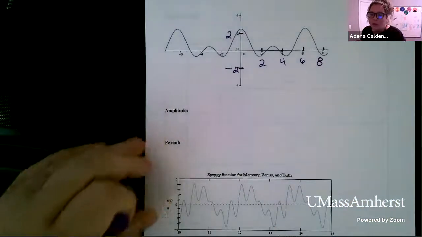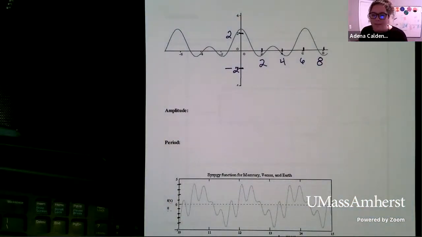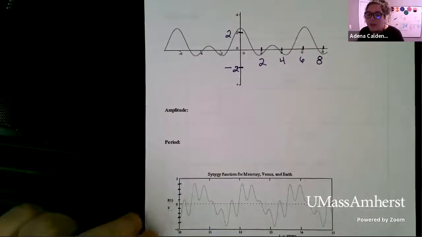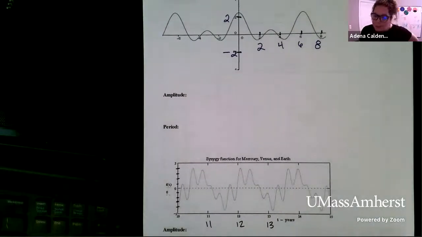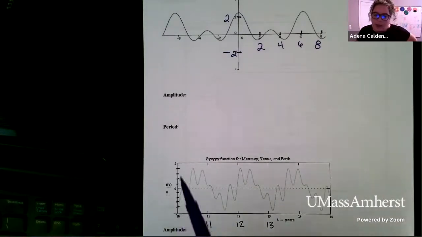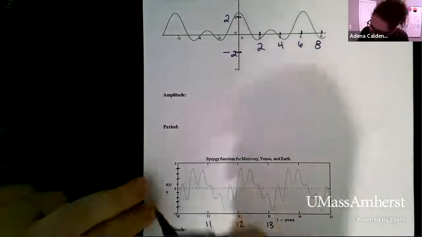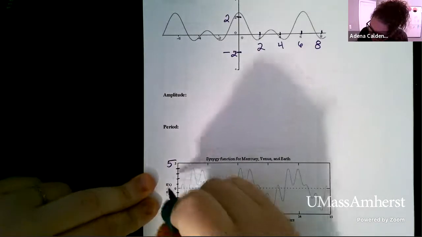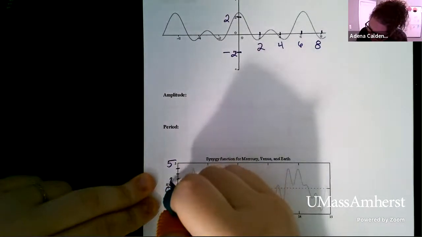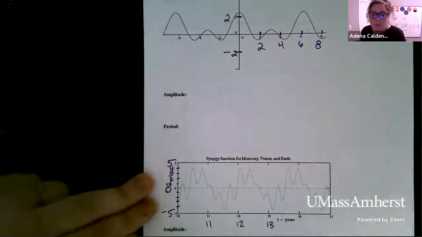Okay, so I want you to try to approximate it. Again, it doesn't have to be perfect, right? So your approximation might be slightly different from somebody else's, and that's okay. And then for the second graph, let's see if we can get them both on screen at the same time. We're going to try to approximate on this one as well. So this is 11, 12, 13. This started at 10. And then on the up and down axis, right, this is 5. This is -5, this is 0. So 1, 2, 3, 4.